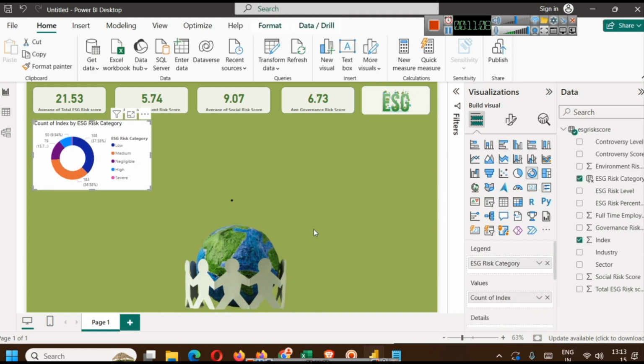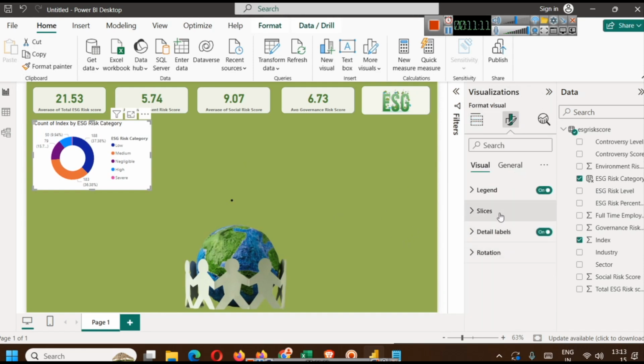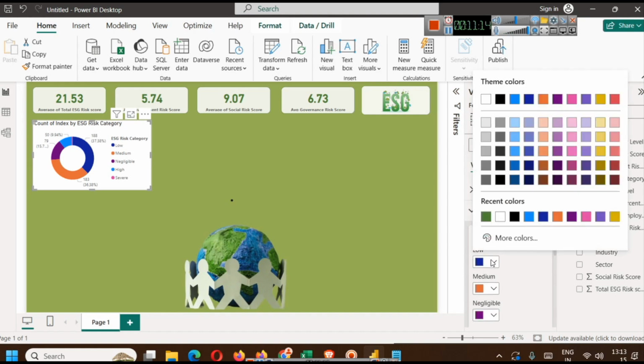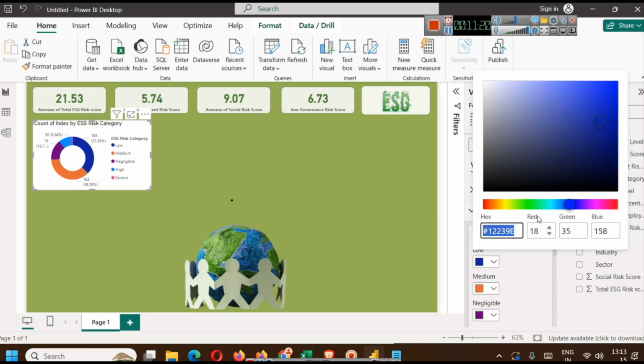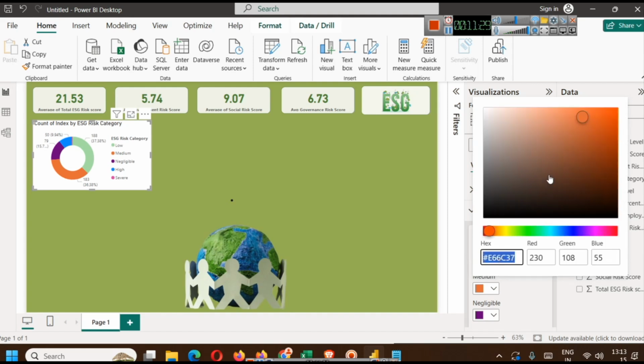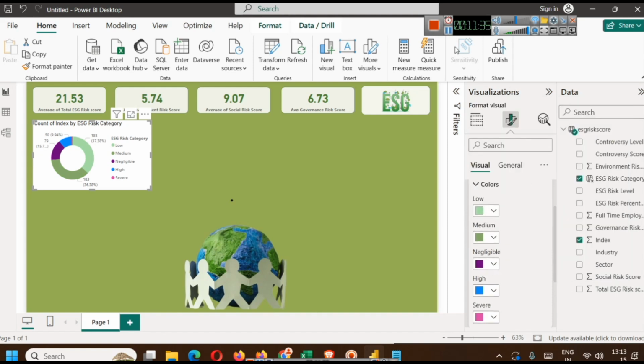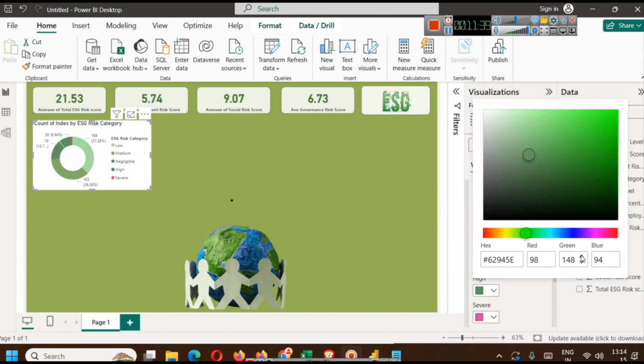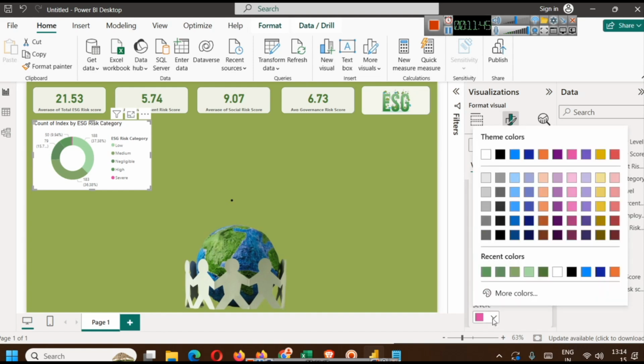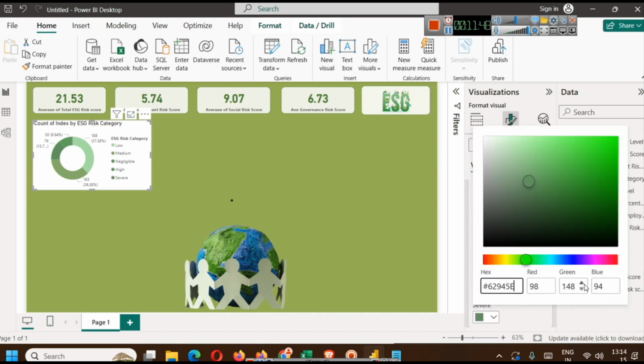Here we can also choose colors because we are choosing a green theme color here. So we have slices. We can select, like for low, a lighter green color. For medium, we can select a little darker. This way we can keep creating this. So here, let's say we can increase the green, right? And for severe, more dark green, and increase green furthermore. So whatever you want to do,